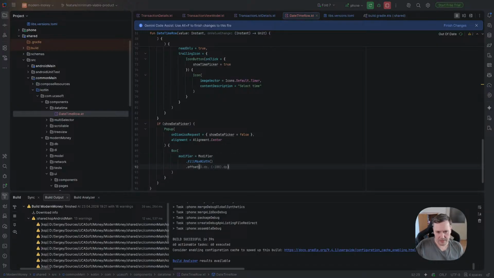So we need some offset. By Y we can use 64 dp, for example. We have to provide some beautiful shadow. Let's use elevation as maybe 4 dp, it will be enough. What else? We need background,